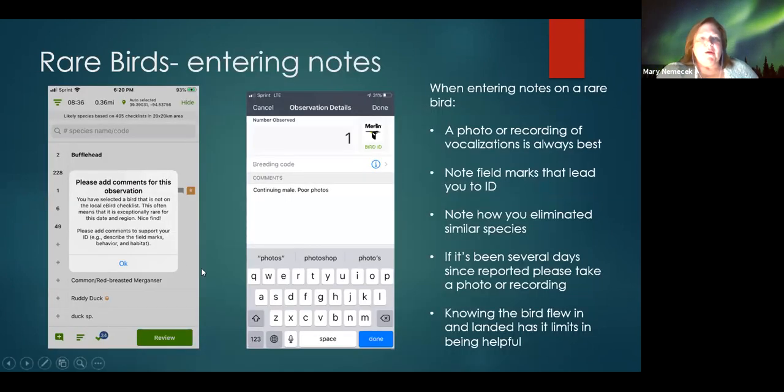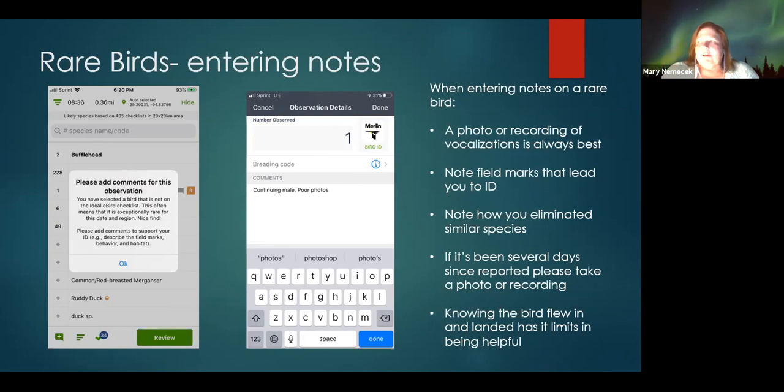Okay, so now I have to add my comments. If you can get a recording or a photo, and photos are super easy to get now with cell phones and spotting scopes, and everybody always makes fun. If you go into eBird, all of my photos are at a slant, because that's how my phone sits on my spotting scope. It just leans like that. So people are like, Mary's birds are always swimming uphill or whatever, but all of my photos are slanted because that's how it's on there. But that's the best: if you can get a photo, or if you can get a recording of the vocalizations.